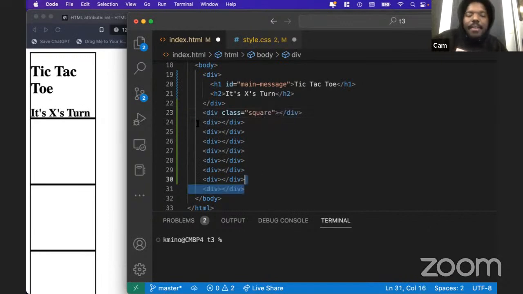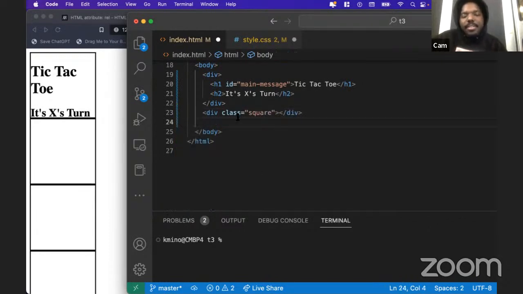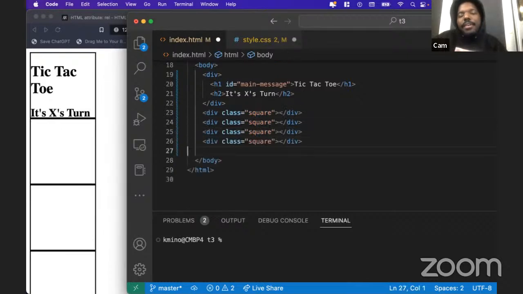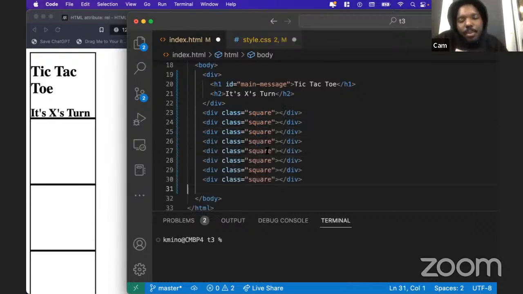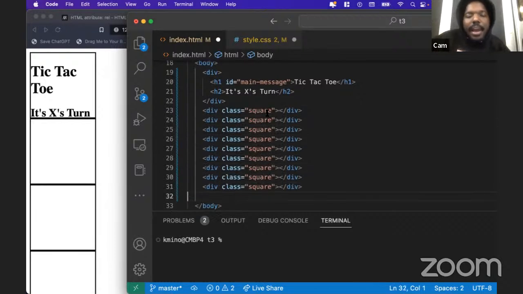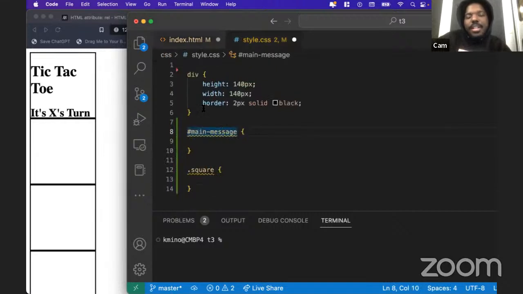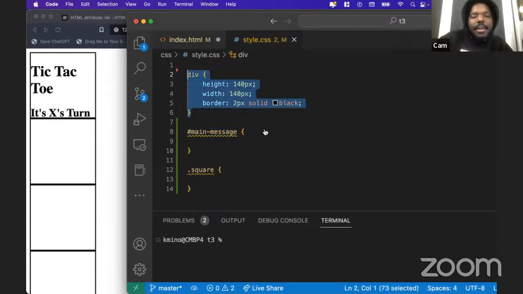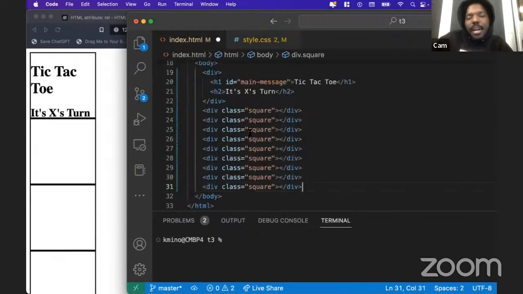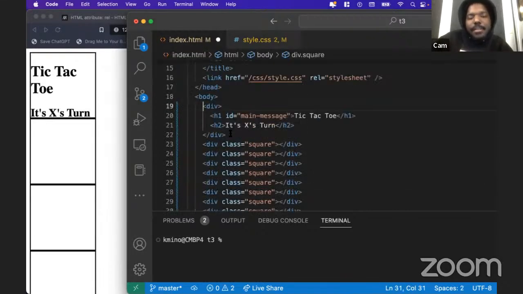So rather than have 9 just blank divs, I can just create 9 that have the square class. And by doing this, remember in my styling at first, I was targeting all divs. So now if I save this and get rid of this square on top of this div,